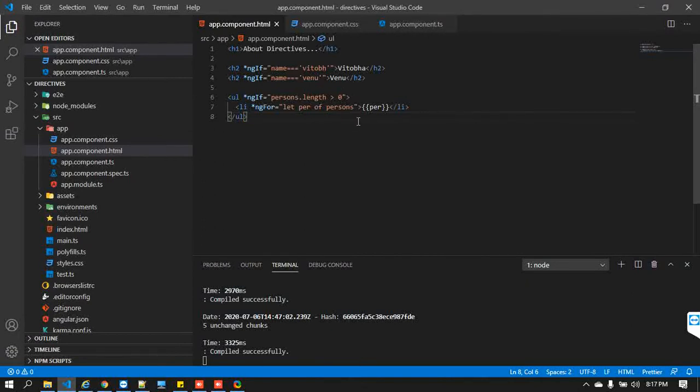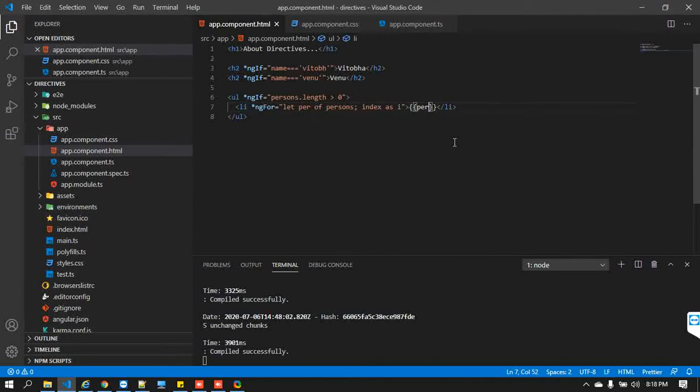For example, I would like to display the index, so let's see how you can do that: index as i. This i is nothing but the index. By using this i, we can access the respective array index values, like 0, 1, 2. How do we do that? Very simple, it's not a big deal actually.